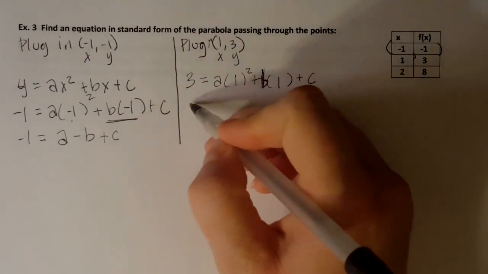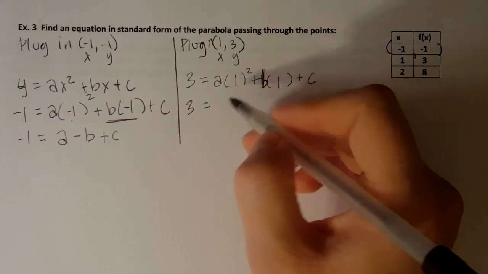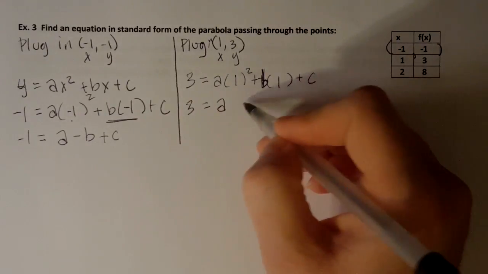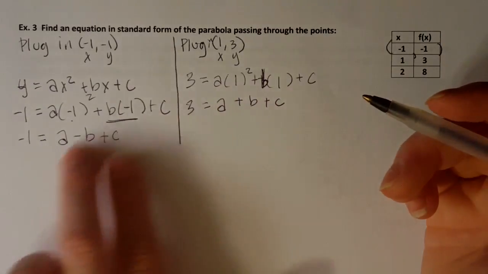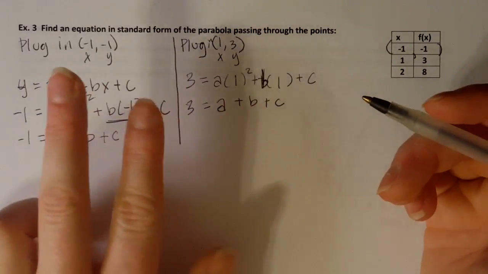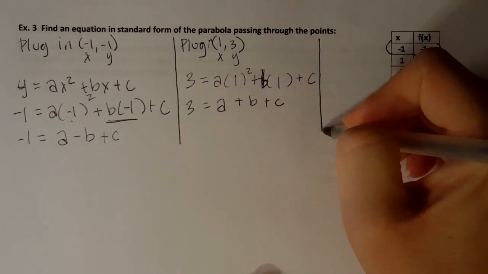Okay, so 3 equals 1 squared is a, 1a, b times 1 is 1b, plus c. Unfortunately, we still have 3 variables. In order to solve for 3 variables, you must have 3 equations. So we're going to do it one more time and get our third